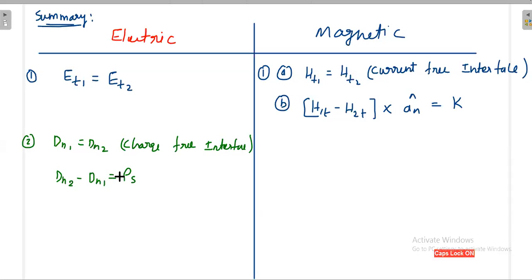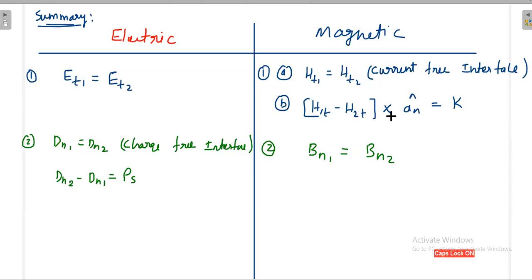That means you are having surface charges rho s. You are putting D is equal to rho s. Please be clarified whether the unit of rho s and D is the same or different. Okay, at a later point of time you just clarify. So here what is the condition? In case of magnetic flux, the normal component of magnetic flux is always continuous. Whether you have a surface sheet of current or not, it is always the same. Normal component of magnetic flux density is always the same.